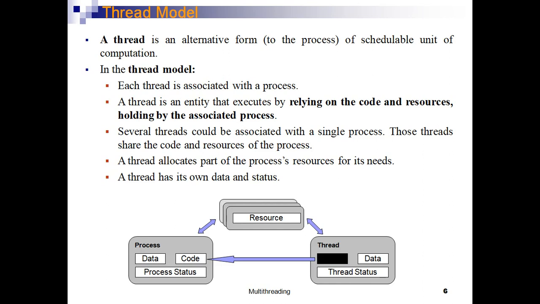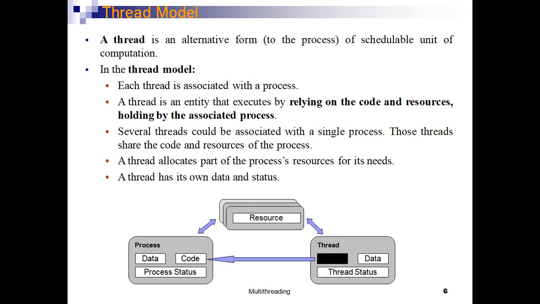if a program doesn't have any thread, the program itself is the main thread, like an electrician without assistants. If the program has one or more threads, that means the main thread may have multiple assistants. But one thing you are supposed to remember: even though the electrician has assistants, these assistants must be under the control of the main electrician. At the same time, they should also be synchronous with the main electrician. So this is the thread model actually.